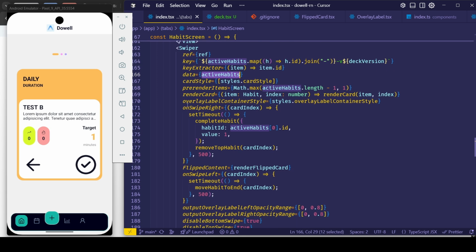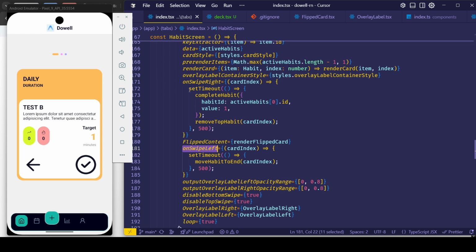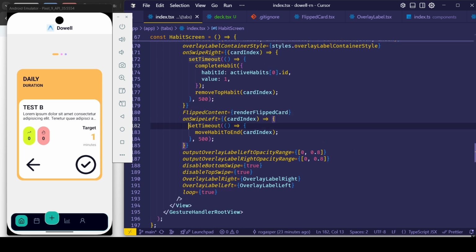Because of that, if you see on swipe right or on swipe left, in this section I just call setTimeout and moveHabitToEnd. So basically it will change the rotation of the array data. The first item in the array will be moved to the last index.